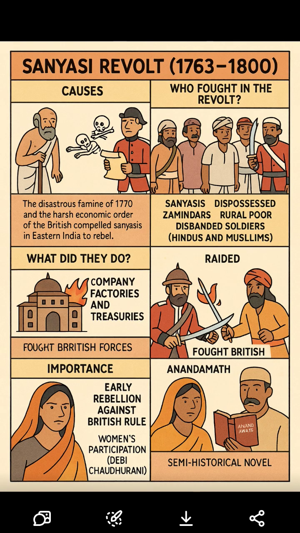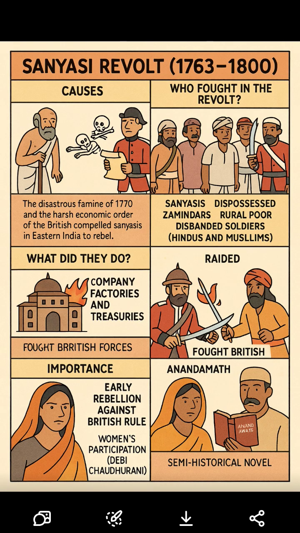How did it end? The British did not give up easily. It took them many years and many fights to stop the revolt. Finally, Warren Hastings, a British governor, sent military forces to crush the revolt. In books and novels, Bankim Chandra Chattopadhyay, a famous Bengali writer, wrote Anandamath, a semi-historical novel, part fiction, part real, based on this revolt. He also wrote Devi Chaudharani, about the female leader Debi Chaudharani, showing how women also fought